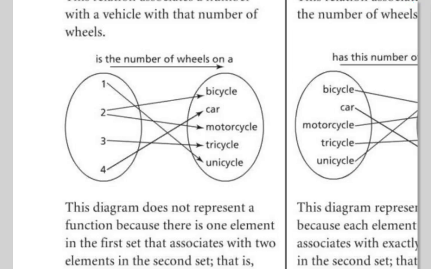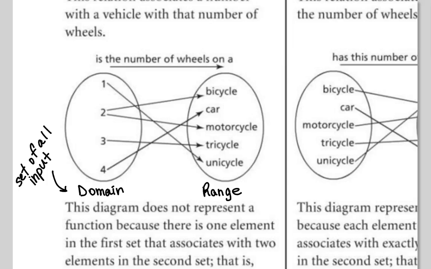So for this relationship that relates the number of wheels to a vehicle, this one here we would call the domain, and this one here we call the range. Okay, so the domain is the set of all input. That's the domain. So what do you think the range is? Set of all